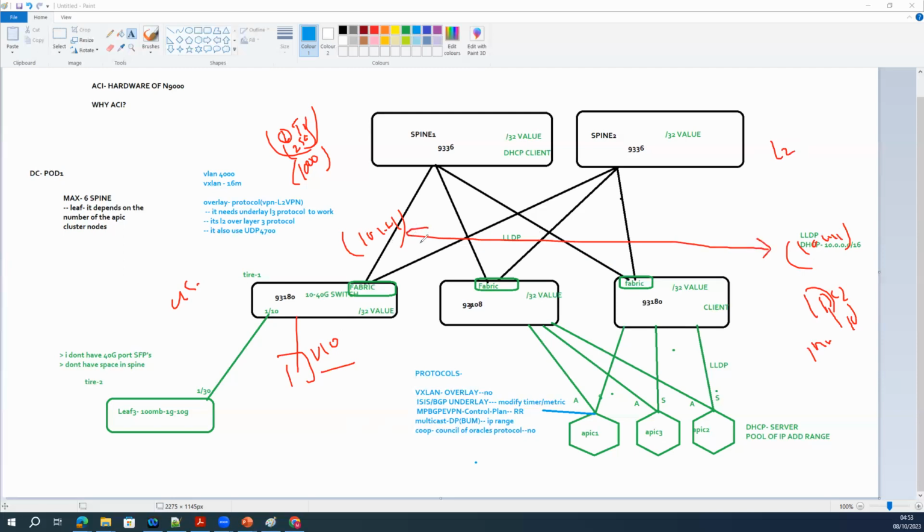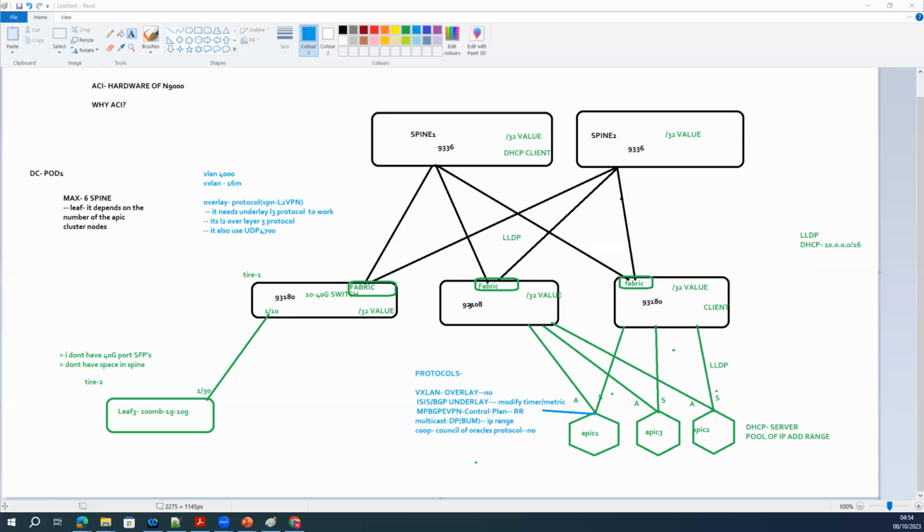Layer 2 EVPN or L2TP or OTV you can use, but there are certain limitations on that. So what VXLAN is solving is scalability and mobility. You have better mobility than the other technologies. Mobility means you have an unlimited stretched network across multiple sites.